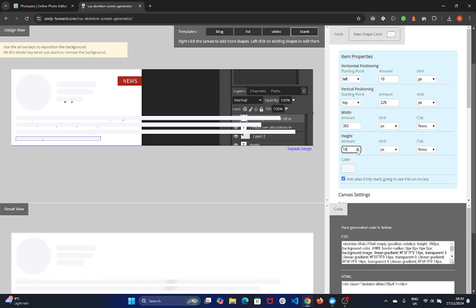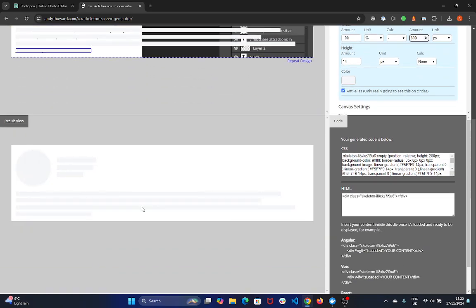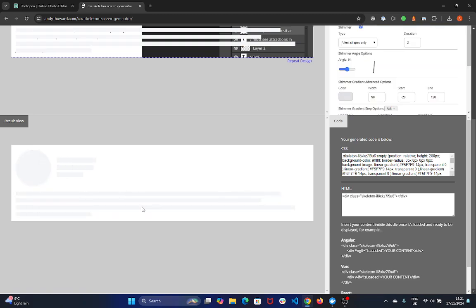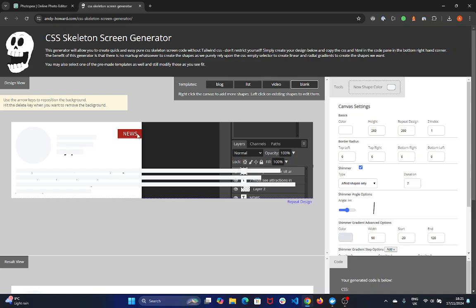14 pixels in height. And then percentage, 100% width. And then we'll do minus, and then because this was quite a small amount on the design, we'll do quite a lot less, so maybe 400 pixels. Maybe a lot less than that actually, 600, 800. And that looks good. Lastly, you might have a design where an item is right aligned, like the flag here